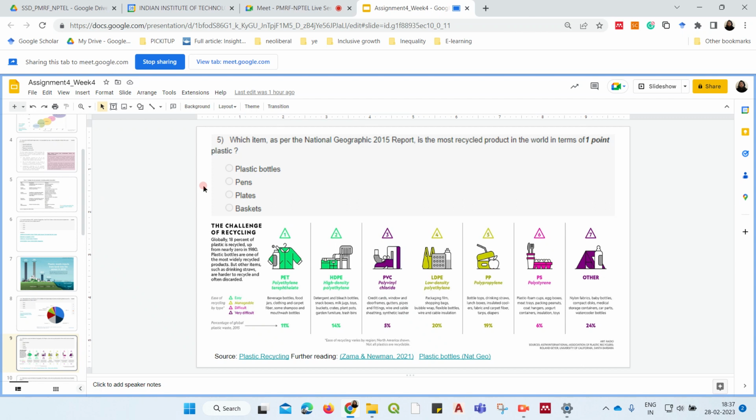The next question is: which item, as per the National Geographic 2015 report, is the most recycled product in the world in terms of plastic? You are given several options: plastic bottles, pen, plates, and basket. This is the graphic from that report, which tells how easy or difficult it is to recycle certain kinds of plastic. All plastics are not the same. The plastic is of different kinds, depending on the material used for making it. For example, PET, or polyethylene terephthalate, is used to make beverage bottles, food jars,